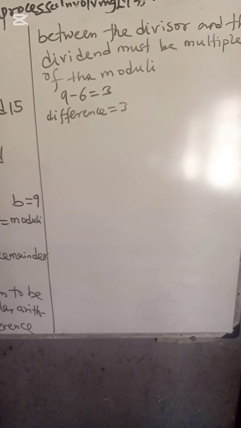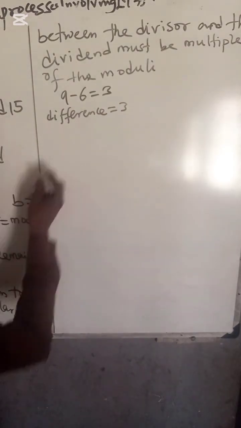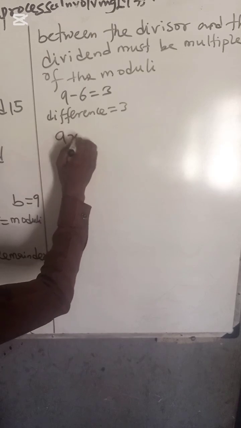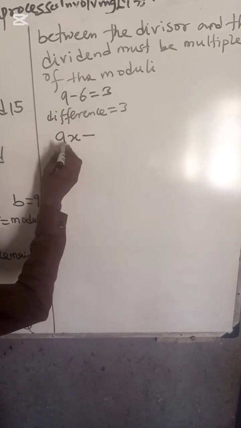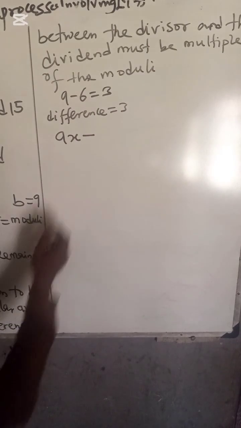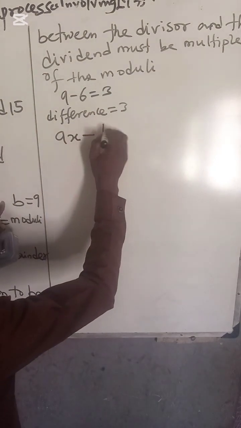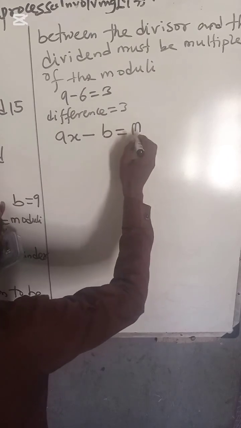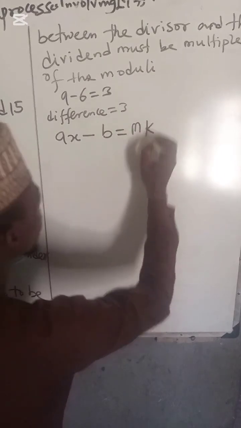Now, using the definition, the difference between the divisor, this is A, and the dividend, which is our B, is equal to a multiple of the moduli. Moduli is M, the multiple is